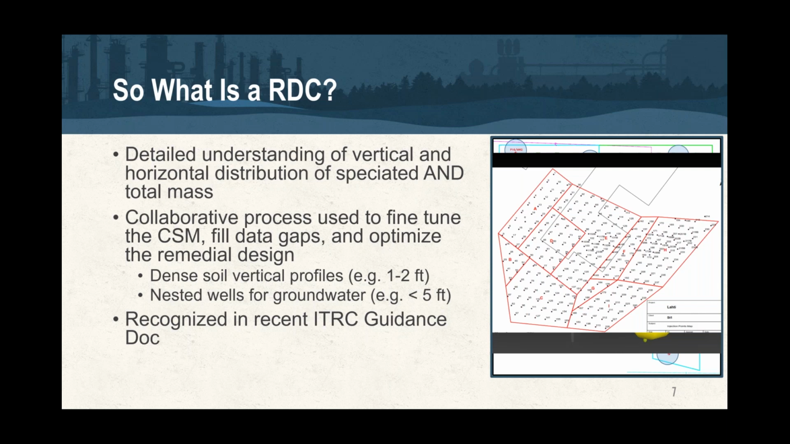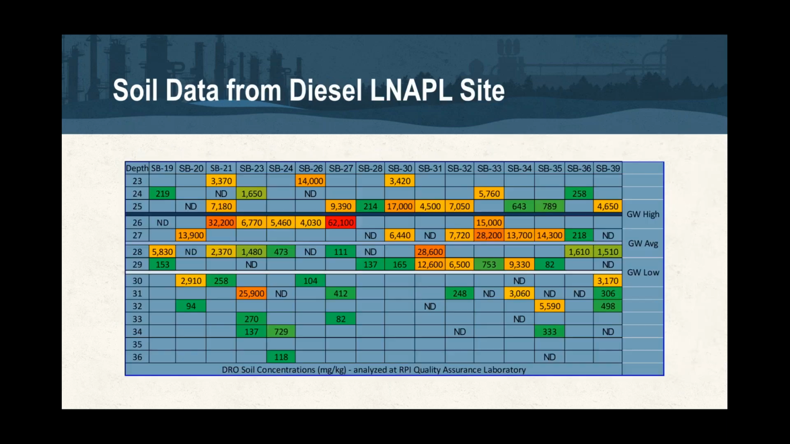So here's an example, some data from a site here in Colorado. This is diesel. These are diesel values in milligrams per kilogram, and these were all analyzed at the RPI laboratory. This is not a cross section; it's just a compilation of some of the borings. And so you can see that for one thing, you've got percent level diesel in soil, and there is really